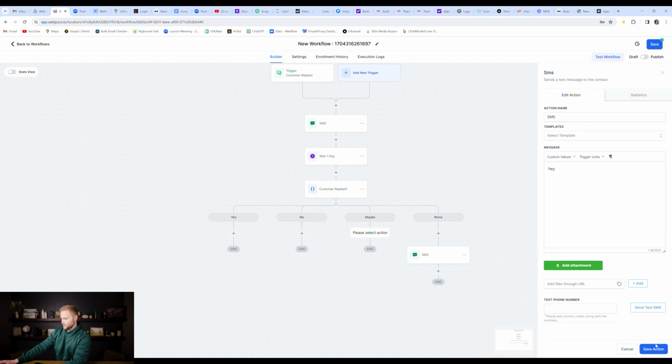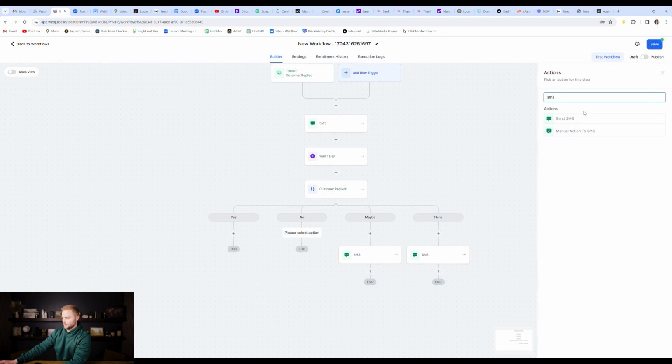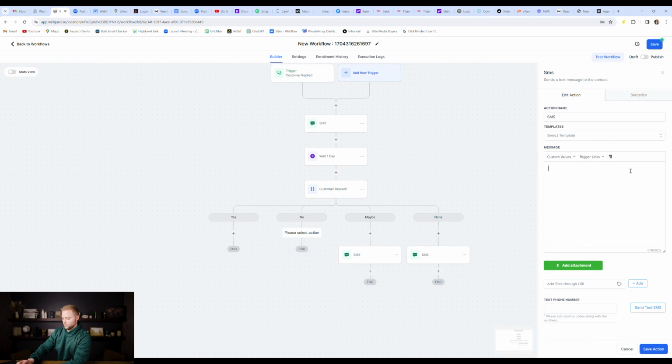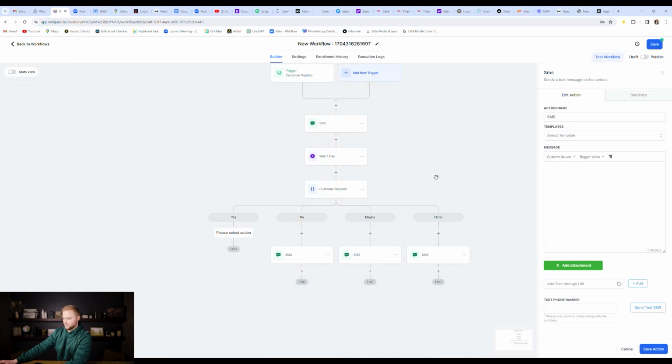No could be another SMS, just like no worries, because maybe they're not interested and they answered no to our question and they don't want to work with us. And then yes could be another qualifying question that we ask through a send SMS. We could say, awesome, and then ask our next question,